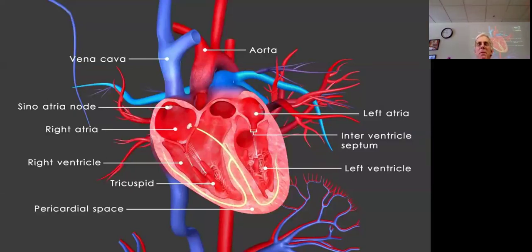So this is an awesome picture. I got it online from Images, which, gosh, populates most of my PowerPoints. It shows, I would say, in pretty good detail, a front cutaway of the heart, as far as where some of the electrical nodes are, like the sinoatrial node up here that my pointer is at. Where's the right atrium? Okay, and then you have your valves, one of the valves here, and then you have just basically this is the right ventricle sending blood to the lungs because it's deoxygenated and we want it to